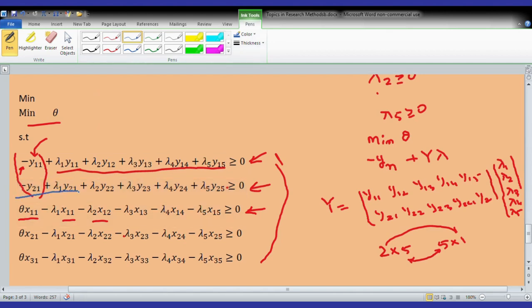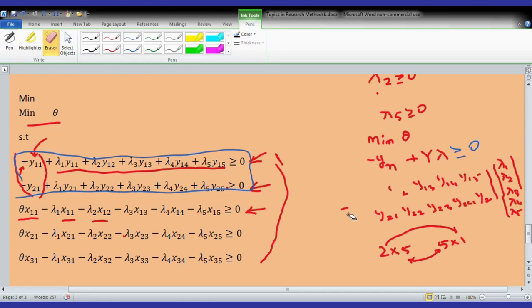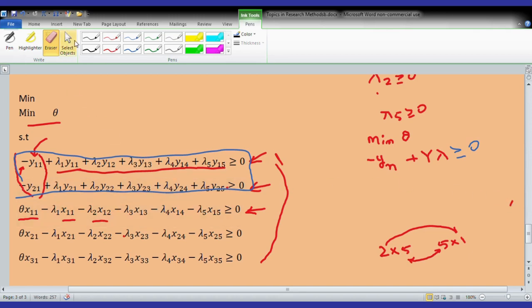So we have written this up till this part, the system. Here is this one, equal to or greater than 0. So this is this part. Then let me erase this so that we are able to clear space to write down the rest of the system. So the part that is below this system is like I'm going to have